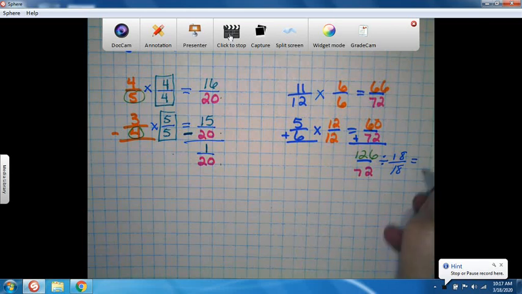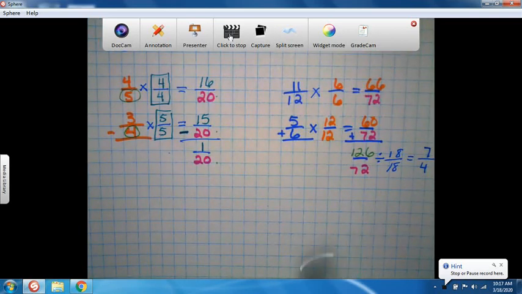4, and 7. Okay? So this works. It's just not very friendly. It's very big numbers. So,